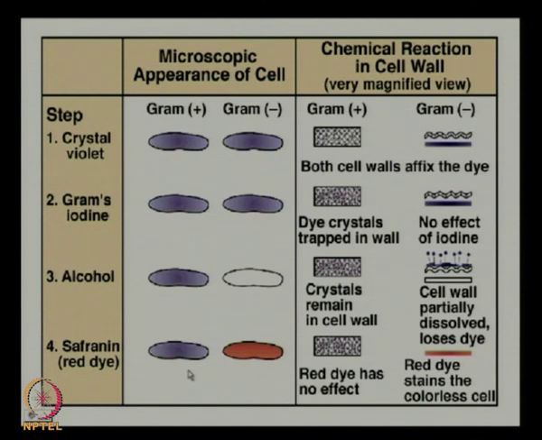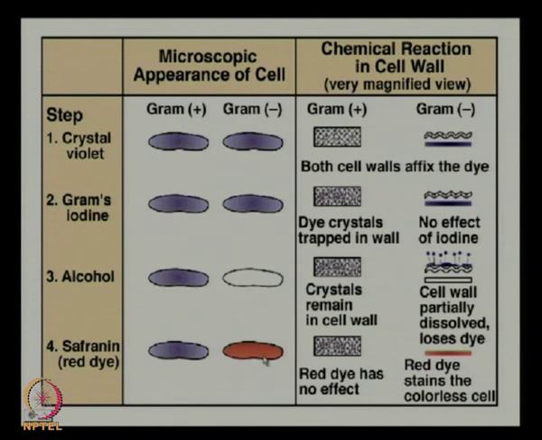When we wash it in mild running tap water, one group of bacteria which retain the crystal violet dye look violet or blackish violet in color. Another group of bacteria looks very red in color. The group giving the crystal violet color is called gram positive, and the other group, which is red in color, is called gram negative. This way bacteria can be classified as gram positive and gram negative. That means,